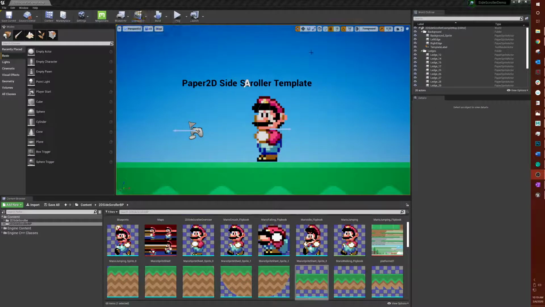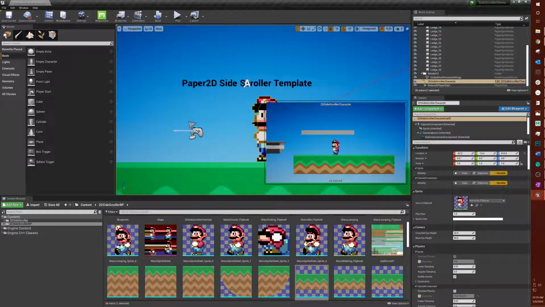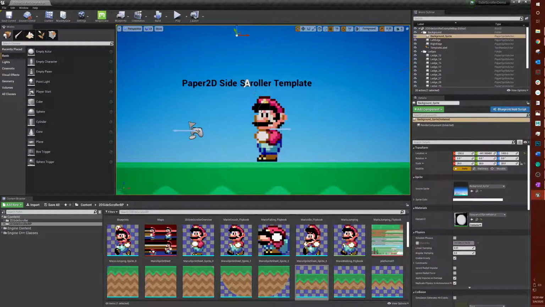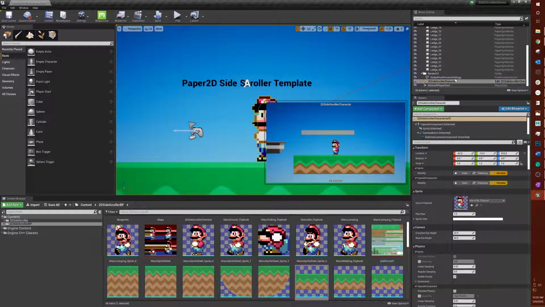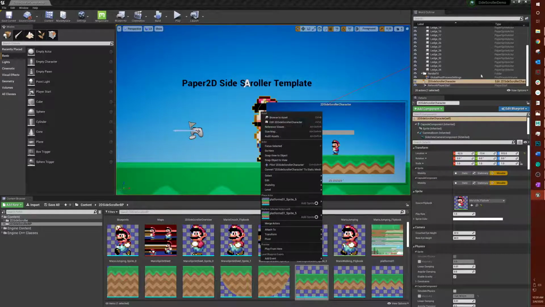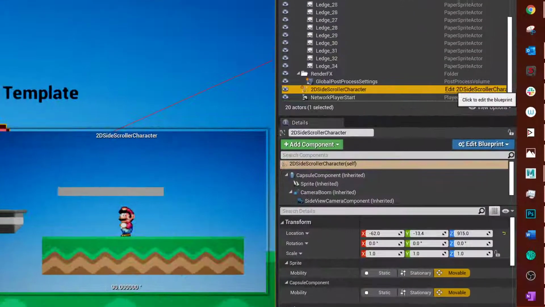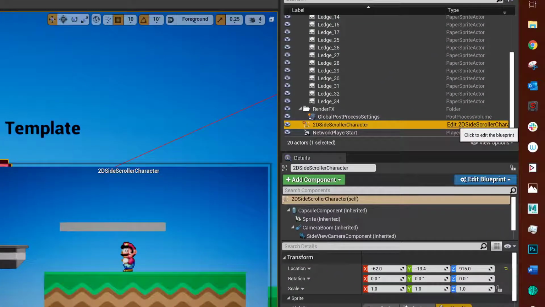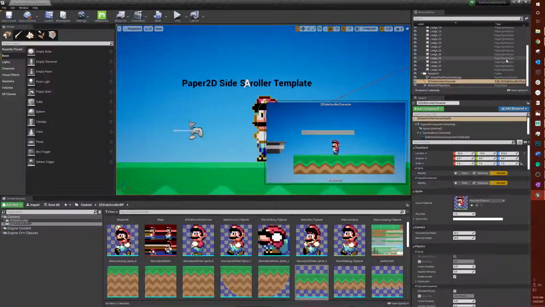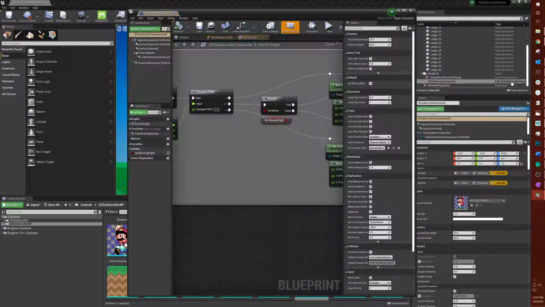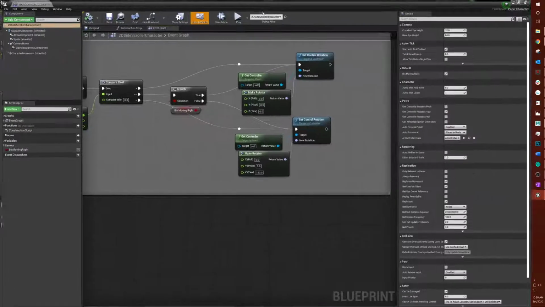So in order to do that, the code that we're changing at this point is all based around the 2D side-scroller character. So go ahead and click on the character, and you can right-click on the character to do this, edit 2D side-scroller, or you can go up to the world outliner, and you can see to the right here it says edit 2D side-scroller character as well. You can click that. It's going to load up